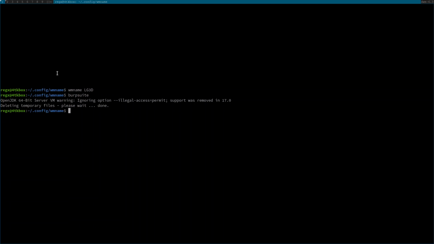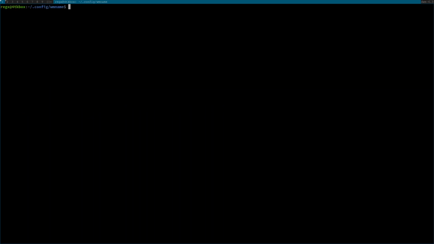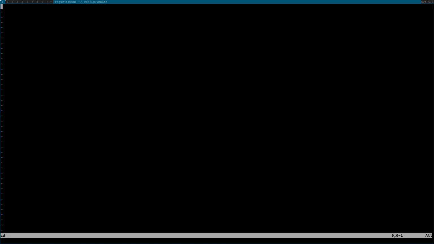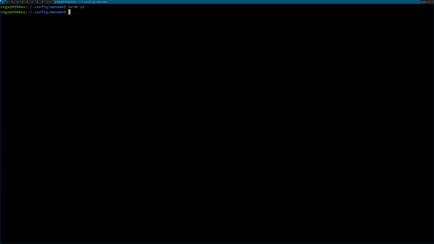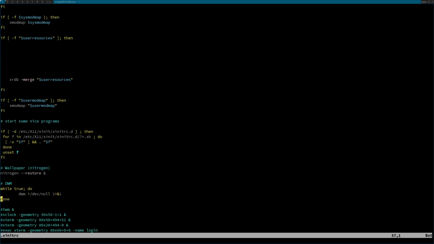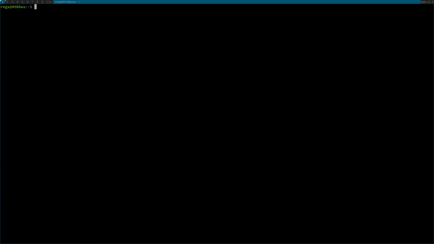So you might think that if we set WM name LG3D, something like that, and then open apps, it will work. So what I thought was I should go to the home and add this line in the xinitrc. But when I did that, I'm not going to add it again, it didn't work. So a simple workaround is just